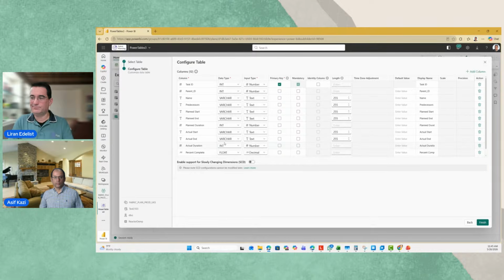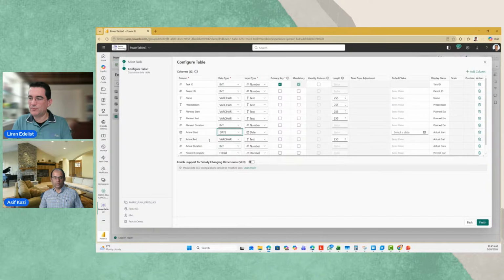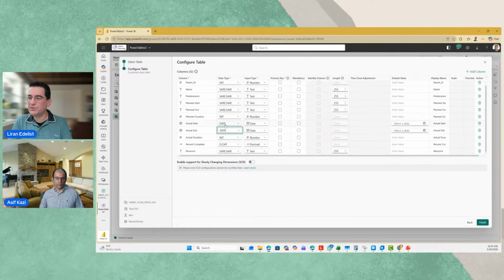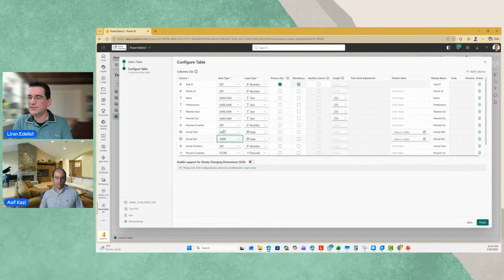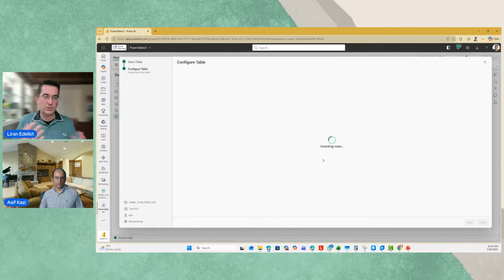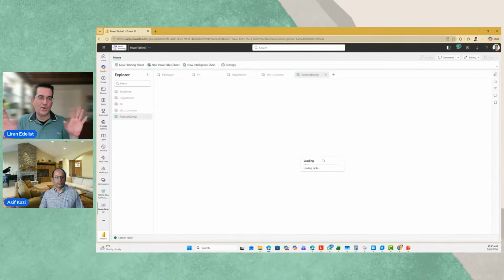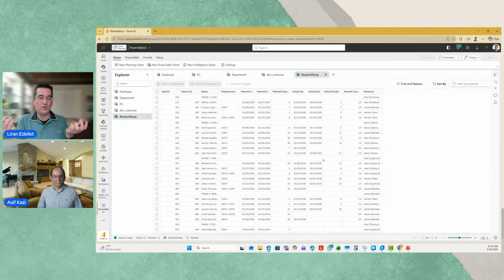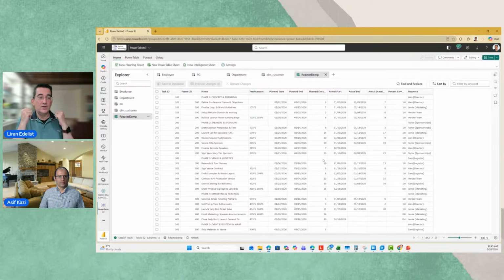A very typical problem when we load this data is that we want to change some formats, like into a date format. So I can do that very quickly here. This is my actual start, my actual end date. I can change this one also to a date, my planned date and start. So now literally while talking, and again, this is all live demo, right? So it's not recorded, nothing is pre-made like that. And you can see that I was able to take an Excel file, connect it to my database, and now this data is in my Fabric SQL.